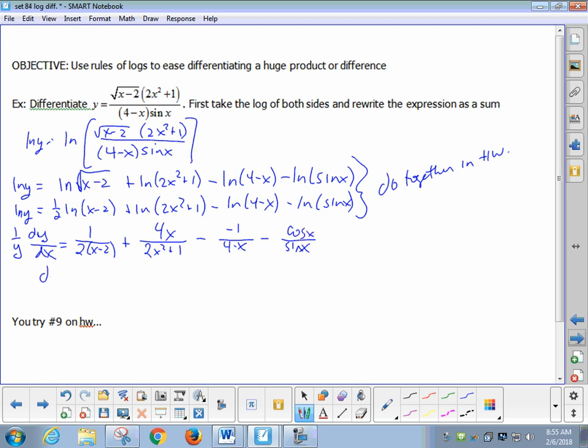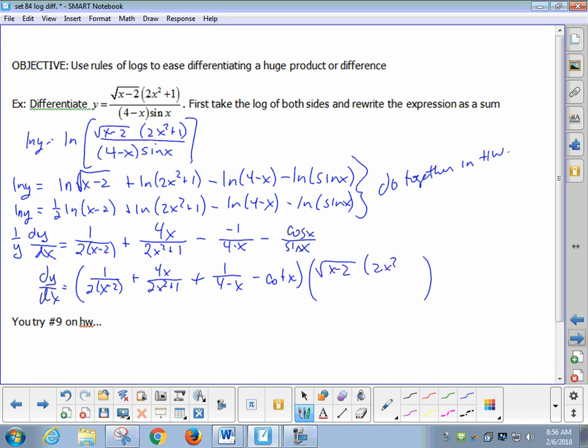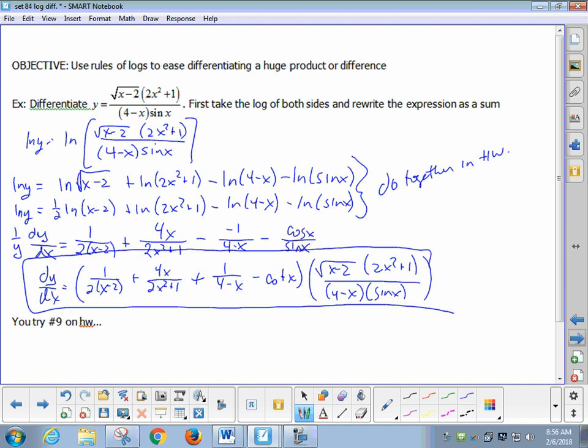Now, can we write our final answer? It would be all that stuff, 1 over 2 root x minus 2 plus 4x over 2x squared plus 1 plus 1 over 4 minus x minus, let's call it cotangent, times the y, which is right here. That's nothing big. Now, as ugly as that is, it's still a lot better than using chain rule, quotient rule, product rule, math. All right? Let's try, rather than do another one, let's try doing number 9 on the homework,